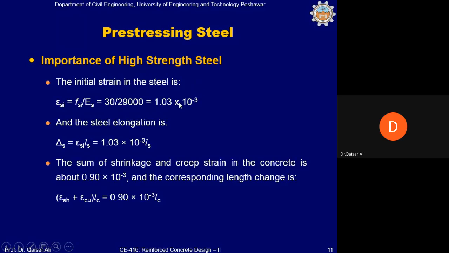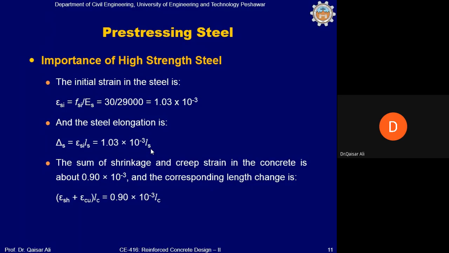जब हम ये करते हैं तो हमारे पास ये स्ट्रेन आ गया, तो द मैक्सिमम डेल्टा, ये जो हम स्ट्रेच करेंगे स्टील को, इसको मैं डेल्टा कहता हूँ। तो वो डेल्टा किसके बराबर होगा? लेंथ ऑफ द स्टील और स्ट्रेन जो कि मैक्सिमम उसमें प्रोड्यूस हो सकती है, तो 1.03 × 10⁻³ LS। अब ये तो कंक्रीट पोरिंग से पहले हमने इतना डेल्टा उसमें प्रोड्यूस कर दिया और हमने उस स्टील को उधर बांध दिया। अब जब हम कंक्रीट के फार्म वर्क में कंक्रीट पोरिंग करेंगे और कंक्रीट अपनी फुल स्ट्रेंथ को अचीव कर लेगा,